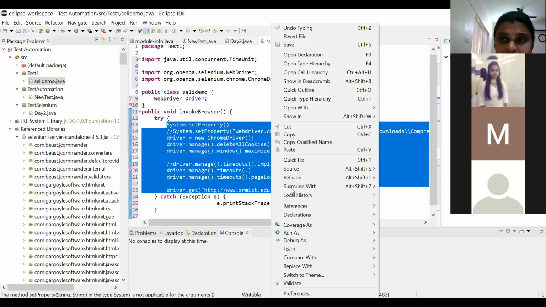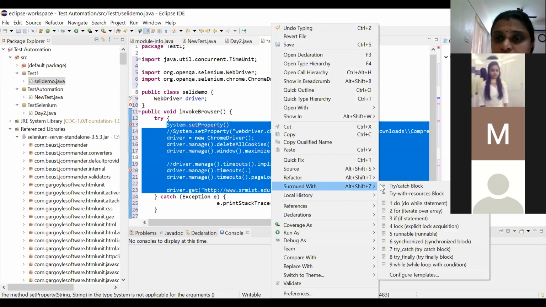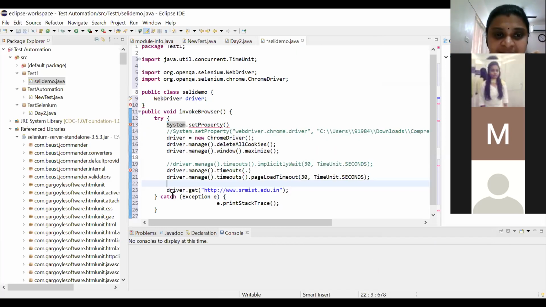For people who are new to all this code, please add a try catch. What is this try catch block? What if I have not used any of the APIs properly? Then that exception will not be handled. So it's as simple as highlighting this and surrounding it with a try catch block. Once added, the exception will give you a trace of the problem here.